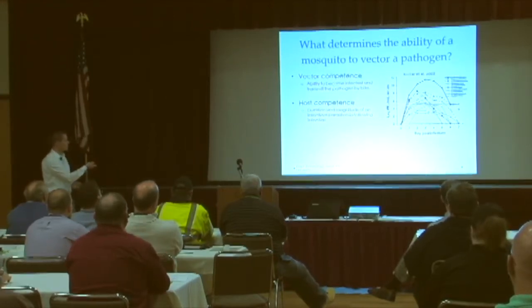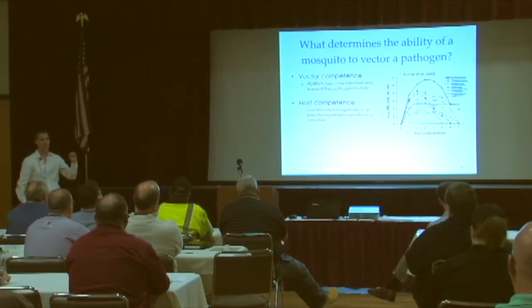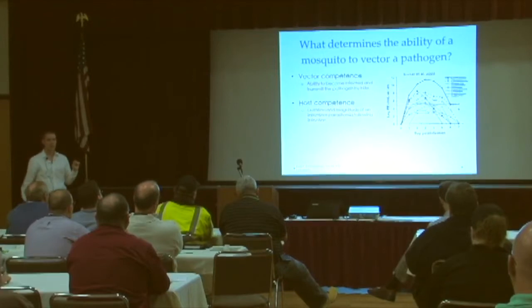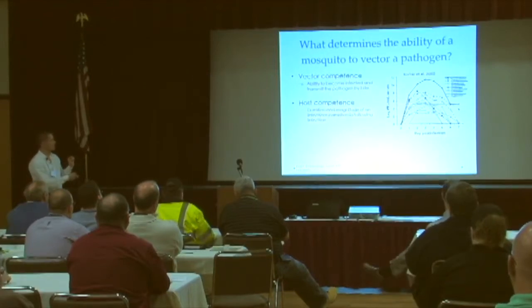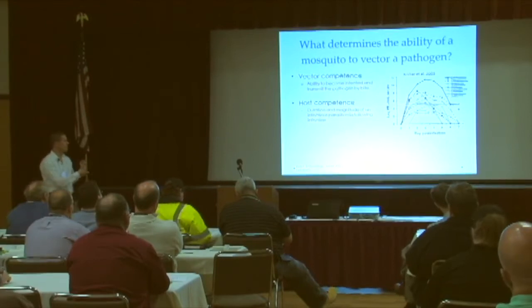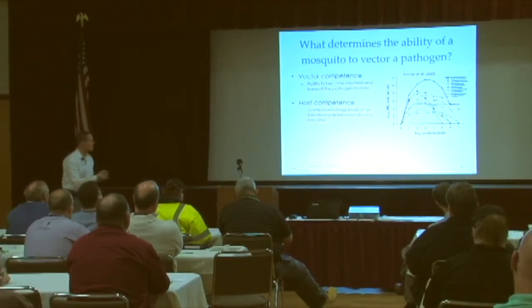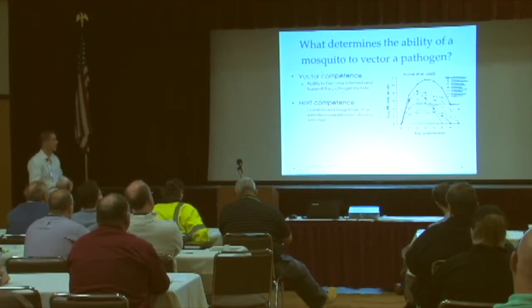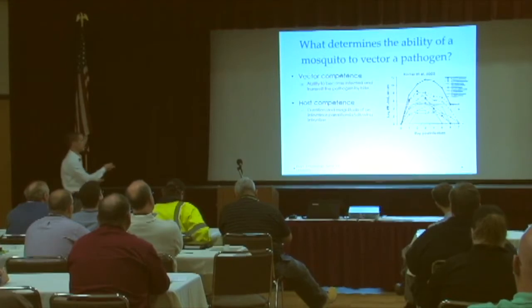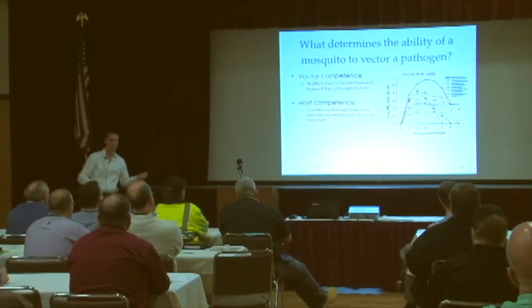So this is for West Nile virus. This axis here is a quantification of virus in the blood. So it's the number of plaque-forming units per quantity of blood of virus. And this is the days post-infection here. So the point is, when a bird is infected on day 1, some species of birds produce a high viremia. The virus in their blood gets to a high level. And so that is true for some of the passerines, the perching birds,